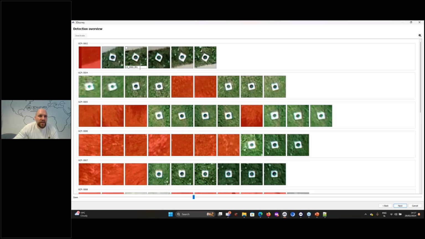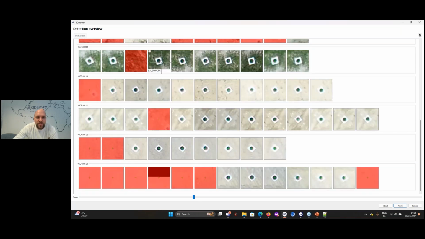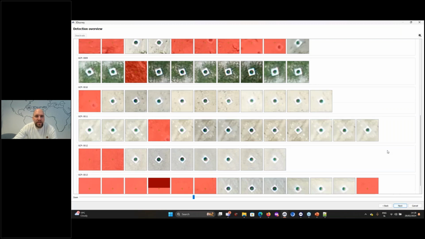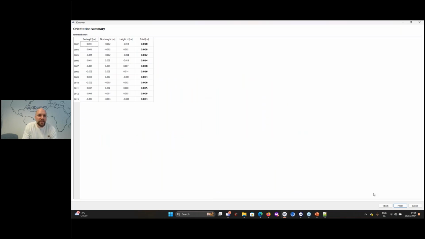here we have the automatic detection of the ground control points. So here we just need to go through the images and check that every image is nicely detected, so that here it did not go on some GPS antenna or something like that instead of the black dot. And when we confirm that everything is detected correctly, we press next. And now this information gets added to our photogrammetric model. And as a result, we get here what we call ground control point errors.